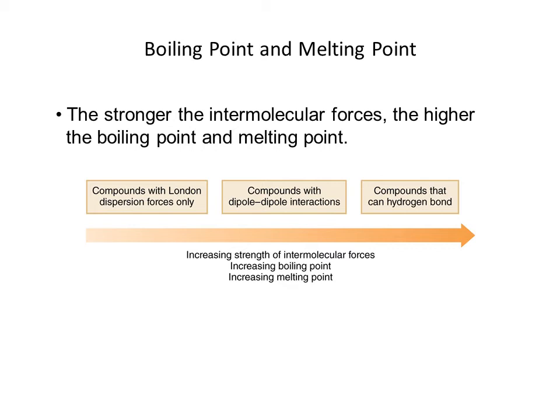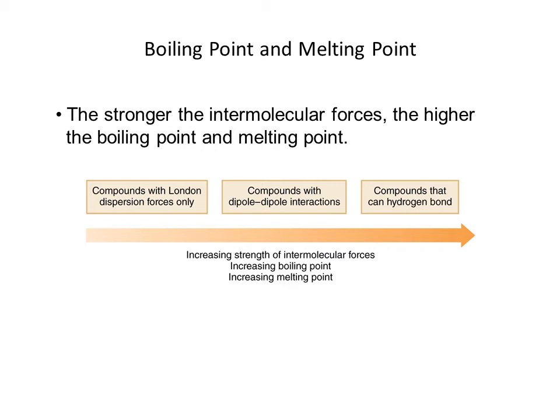Compounds that have only weak attractive forces, like small London dispersion forces, have low melting points and boiling points. Those that have dipole-dipole interactions will have a larger intermolecular attractive force, and then those that can hydrogen bond have even greater